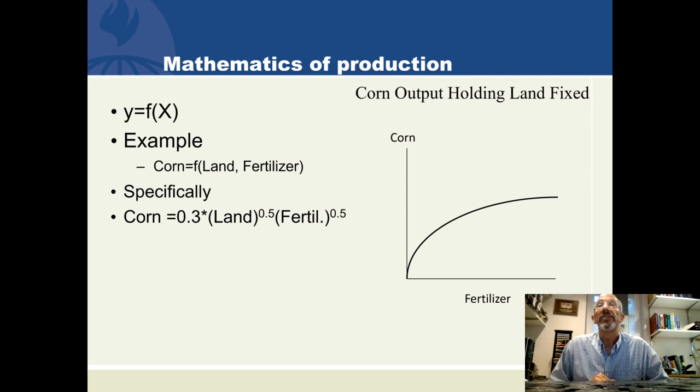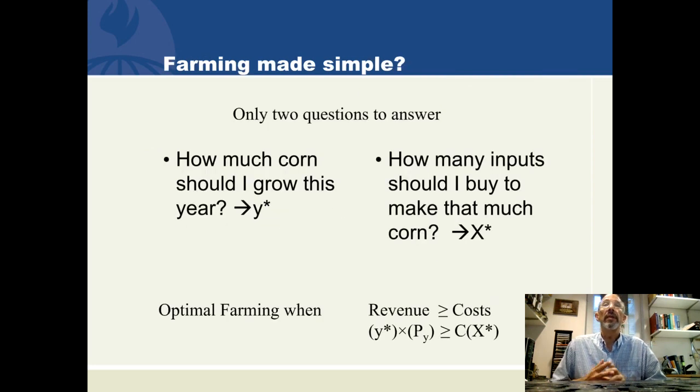And on the vertical axis we have corn, on the horizontal axis we have fertilizer, and this would be a mathematical graph of our production function. So for an economist, farming is quite simple. I know for farmers it's quite challenging, but an economic model of farming really has the farmer as an economic